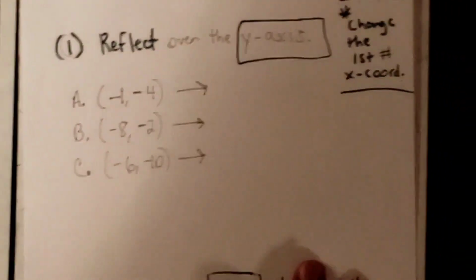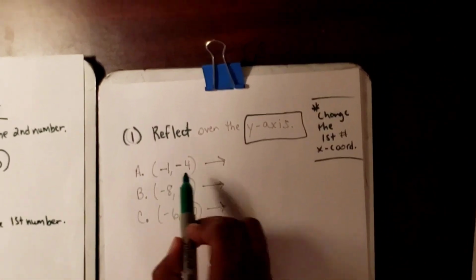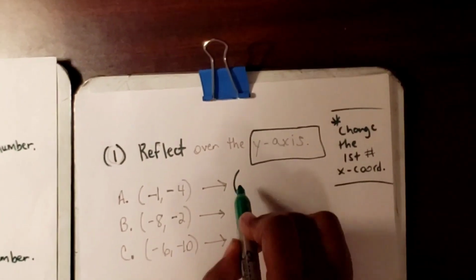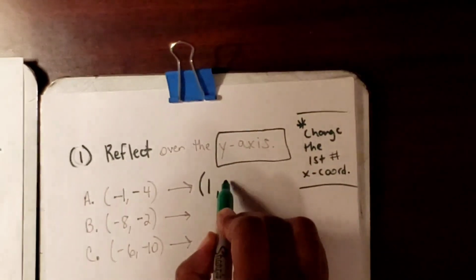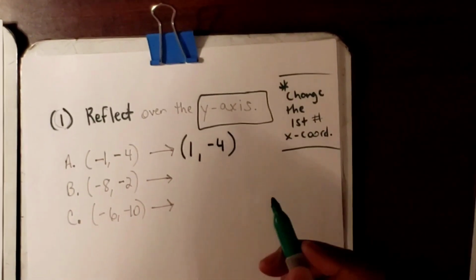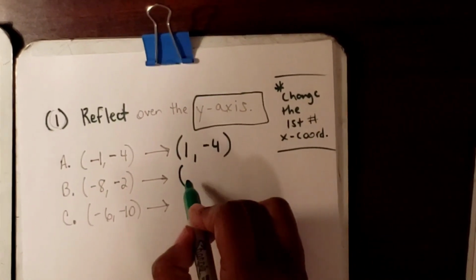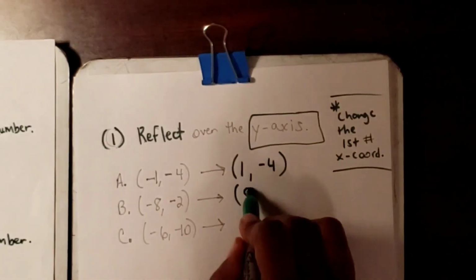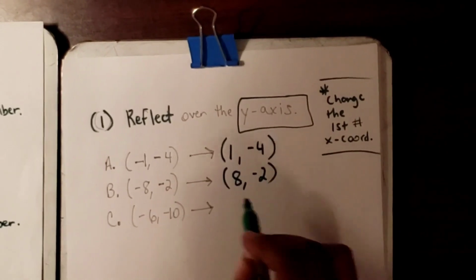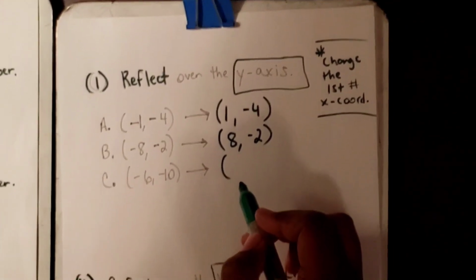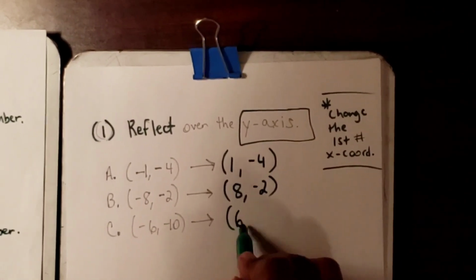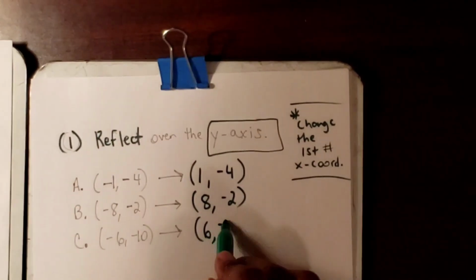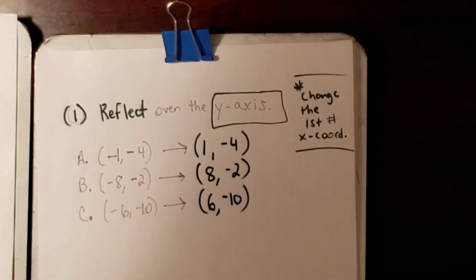All right, so if I have -1, -4, I'm going to change that to 1, -4. I'll keep -4 the same. If I have -8, -2, I'll change that to 8, and I'll keep -2 the same. If I have -6, -2, I will change that to 6 and keep -10. All right, and when you graph it,